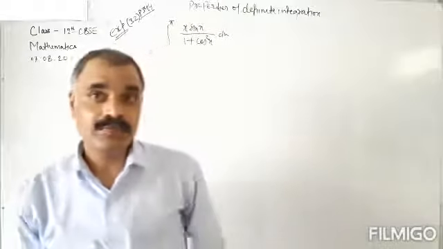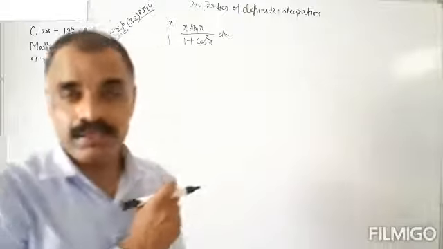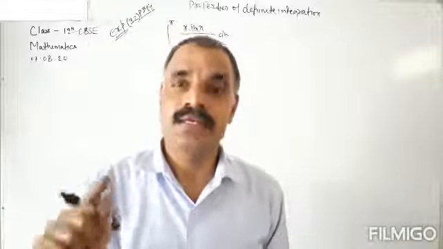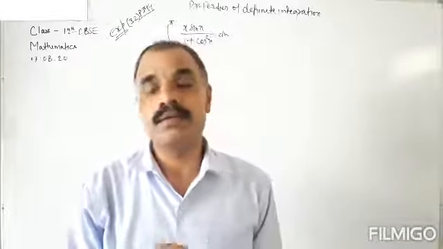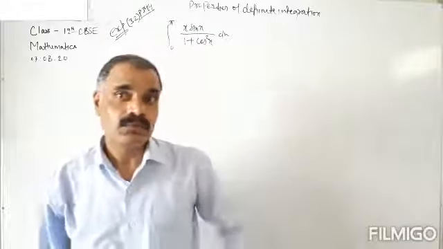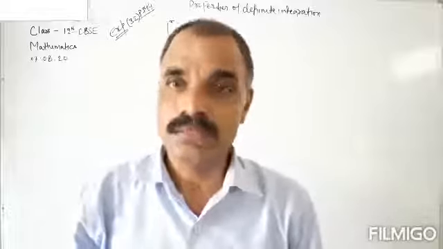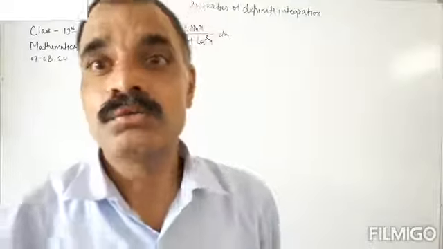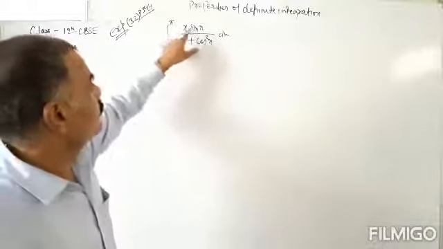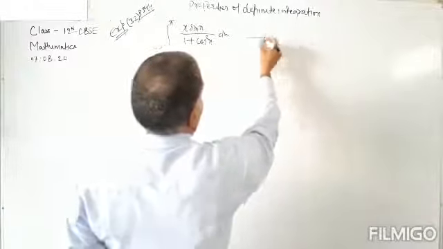So the next example is example number 32. Okay, the limit is 0 to pi and then x sin x divided by 1 plus cos square x dx. Okay, so here how to solve this question. 0 to pi x sin x upon 1 plus cos square x dx. This is equation number 1.